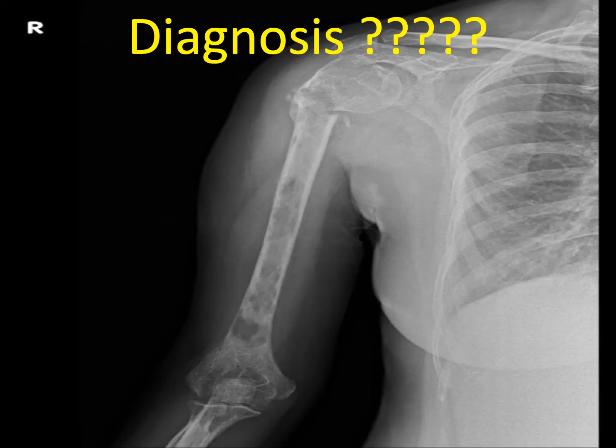We will be seeing the next case. It's an X-ray of the full length of the humerus with a fracture involving the proximal part of the humerus at the metaphysis and diaphysis, with a lesion extending up to the distal end of the humerus. It's quite a big lesion involving the whole of the humerus, with a pathological fracture most probably. And what is the differential diagnosis that is kept in our mind?